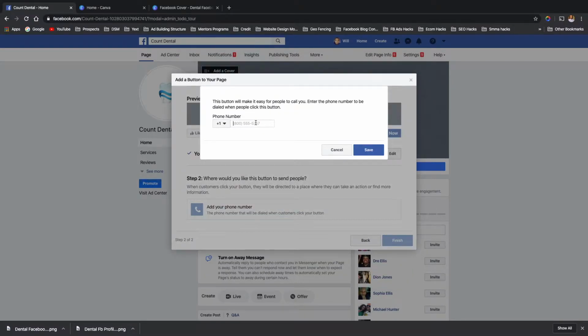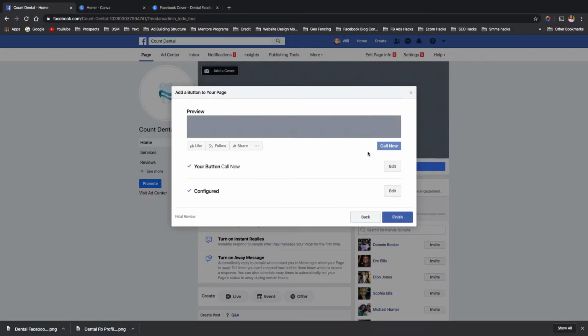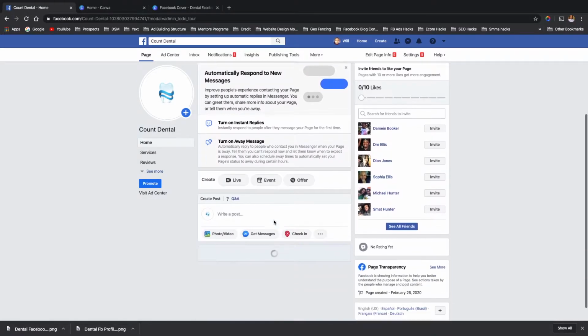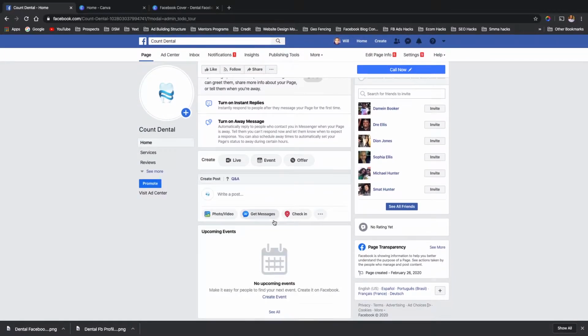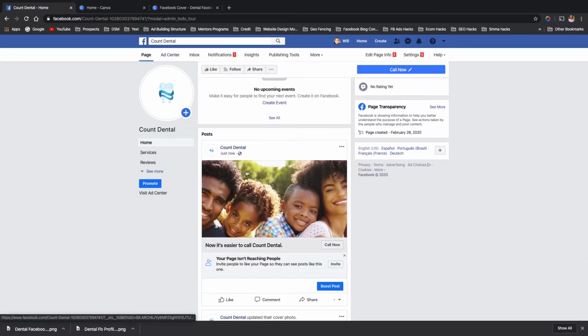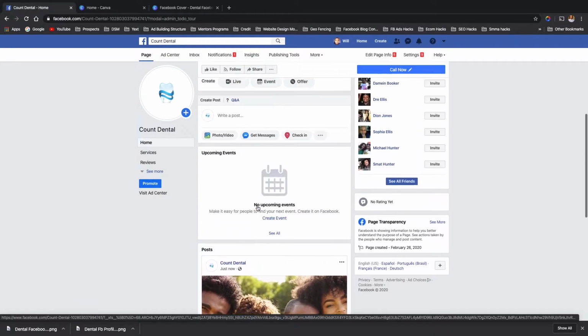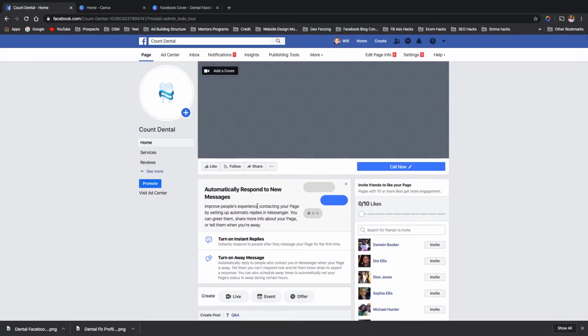So then we're going to just put a fake number here. We'll just put 313-555-5555. And then we'll put save, and boom. Now that part's set up, we're going to actually walk through. Pretty much on the page right now, there's nothing here. So it showed that everything has been set up. You see how the cover photo is actually there, but it's just here now. So it being Count Dental. This is going to be, let me show you